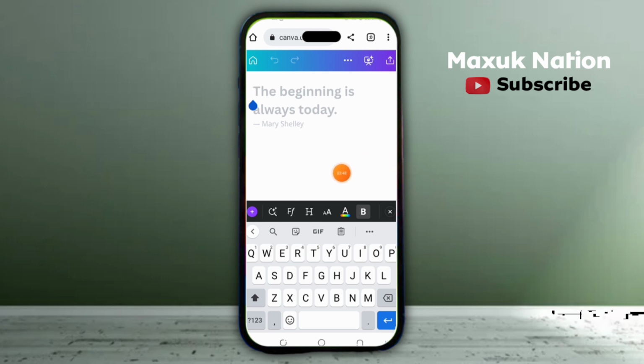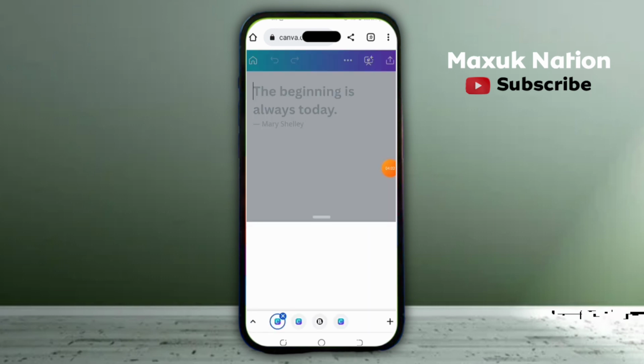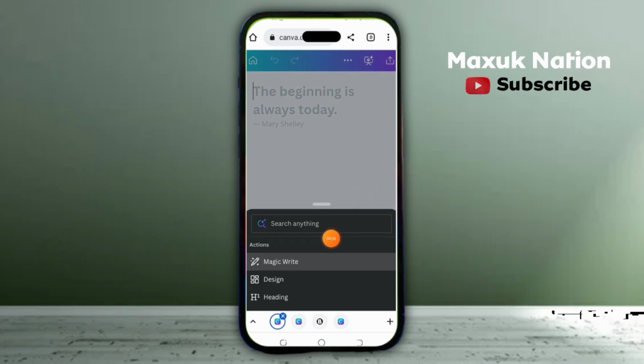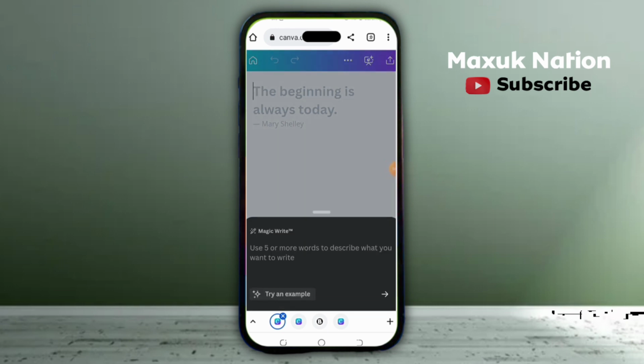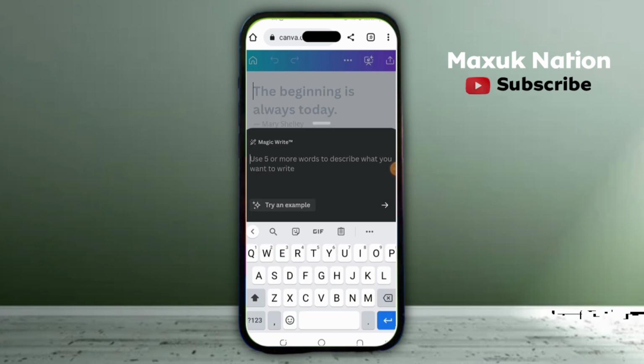If it was a system, you will see a plus icon just close to this text, okay? But since we are using a smartphone, you are going to click on this search icon, right? You are going to click there. So once you click there, you will see Magic Write. That is the AI, Magic Write. So when you click on Magic Write, it's going to bring in a space where you can write something, right? So I'm going to write